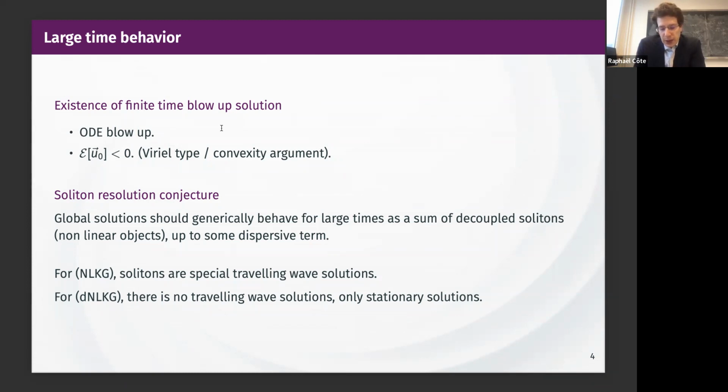You can see it by using finite speed of propagation, and you just take a function in H1, which is a constant on a large ball, and then goes to 0. So it has to be in H1. Then on the inner light cone coming from this large ball, where the solution is a constant, it's also a constant which solves the ODE, and you can see that the ODE admits finite time blow up. So by finite speed of propagation, it gives you a huge lot of blowing up